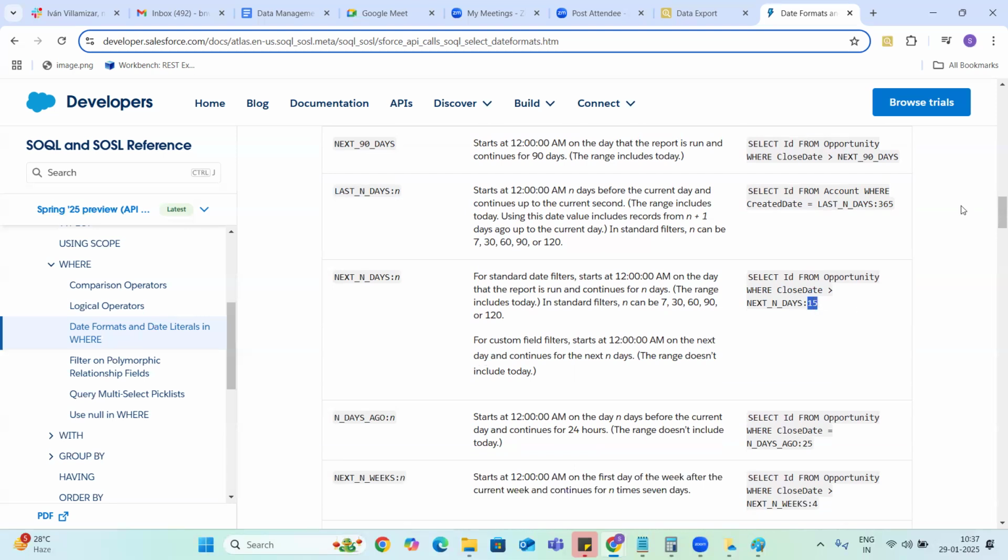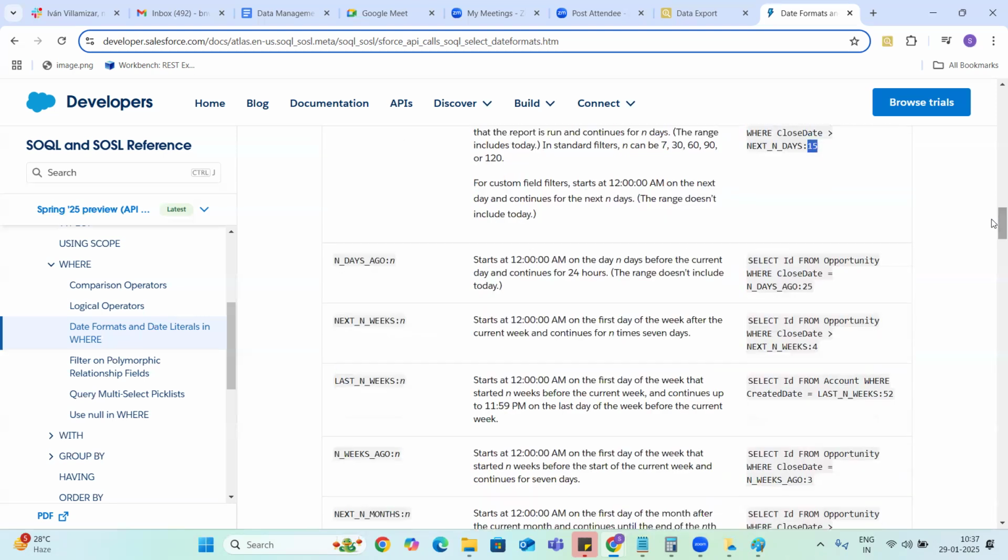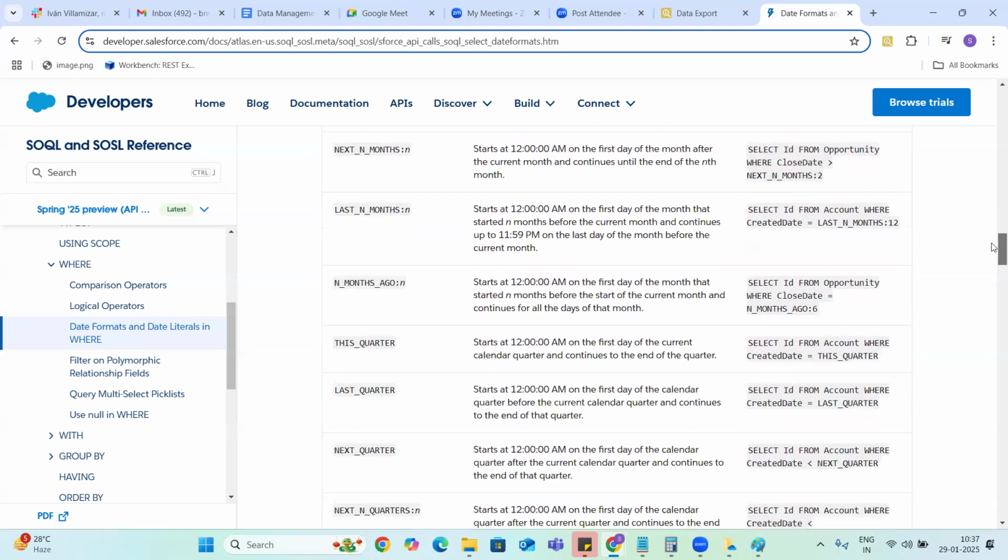Here 15 is just an example. And then if you want to get information from 25 days ago, you can use N days ago, N weeks ago, last N weeks, next month, N months ago.